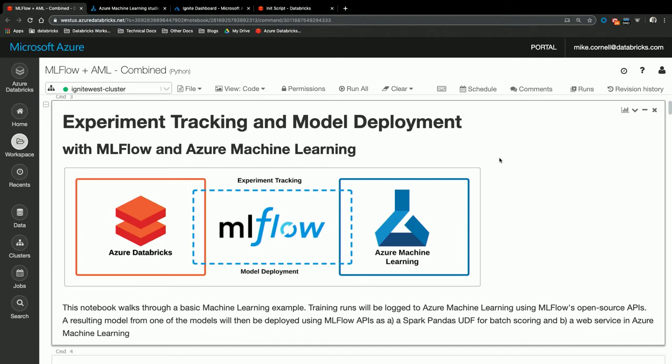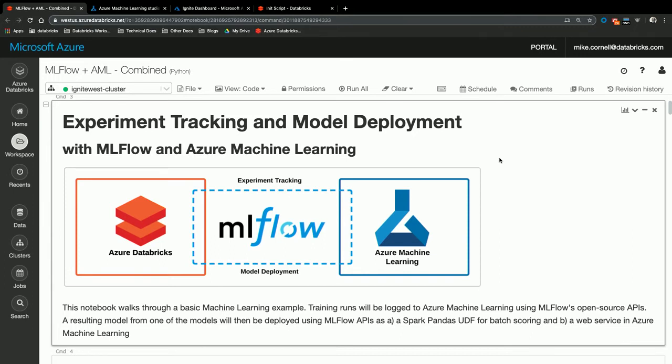And the third thing they like is the open sourceness of MLflow. So as Pramal said, MLflow is just exploding in popularity, right?